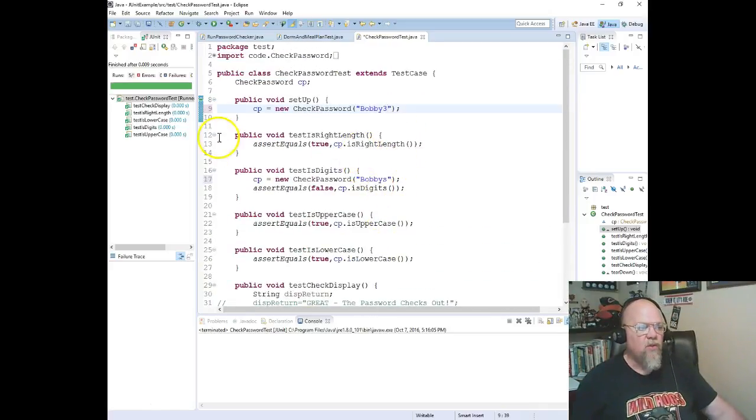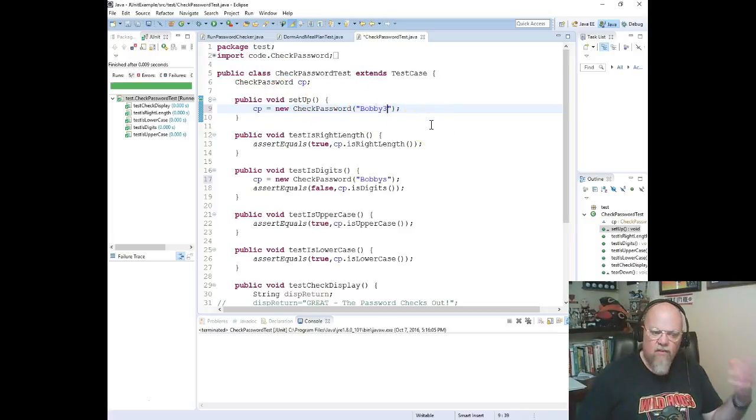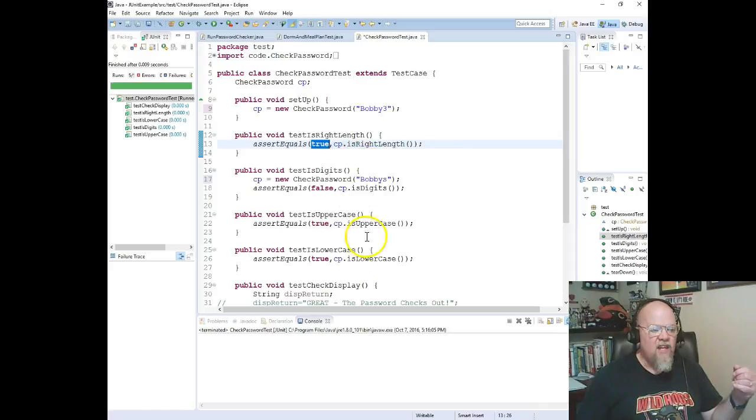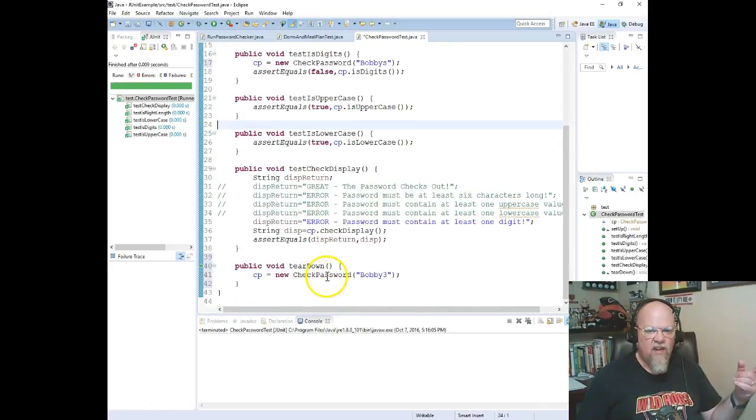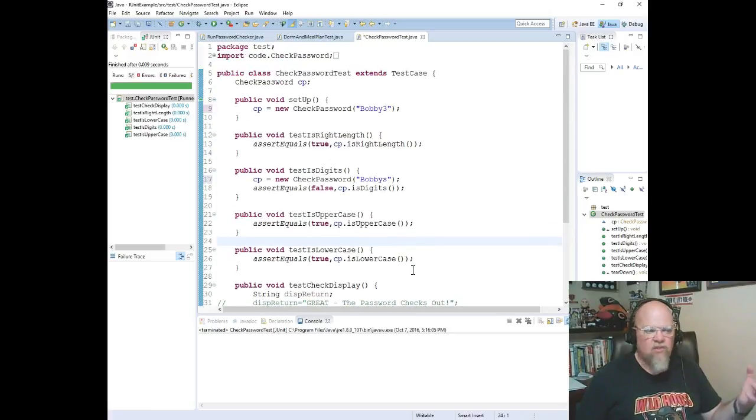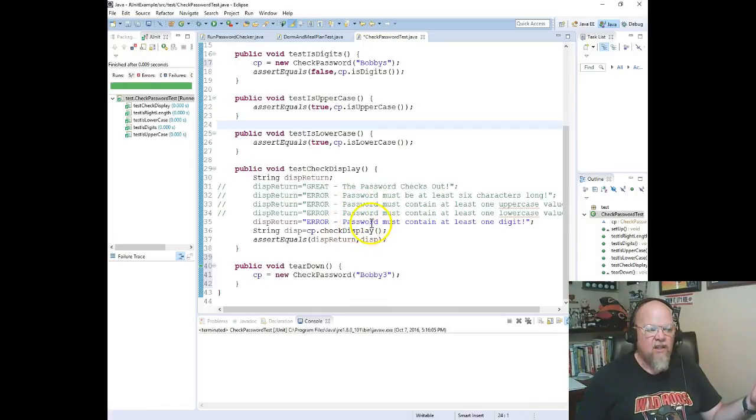So here's what it's going to do. Right off the bat our setup puts Bobby3 with all of the right variables, all the right characters in this CP. Then it runs this test is right length and it's expecting true to come back. Then it executes the teardown, which goes ahead and sets Bobby3 back up. Okay, which it's already Bobby3, so it's not a big deal. Then I come into test digits, and that's where I change it to Bobby's, and I'm expecting the false to come back, and I'm expecting this to basically, well,